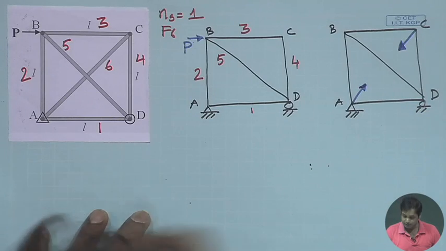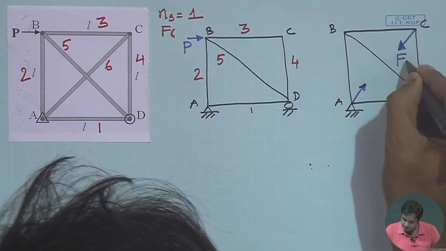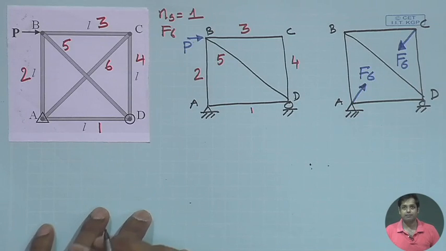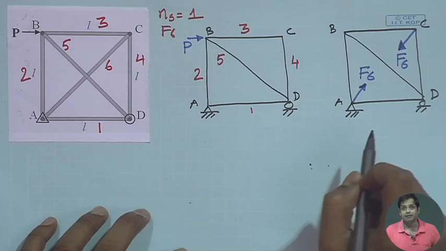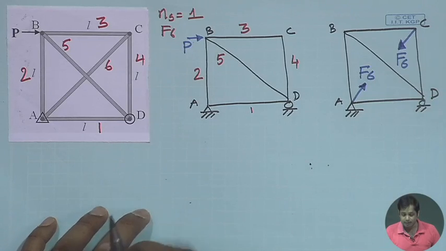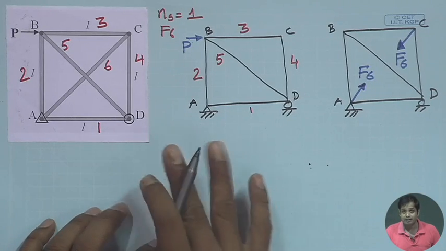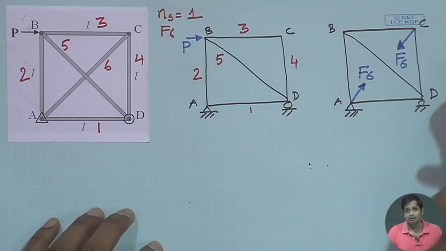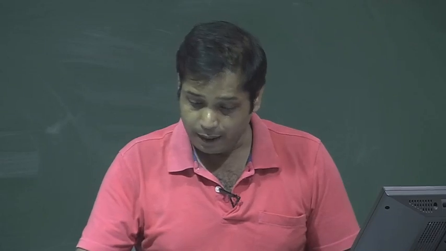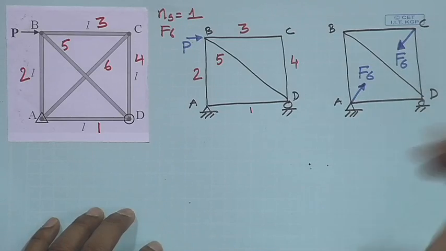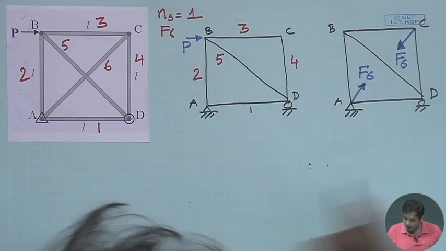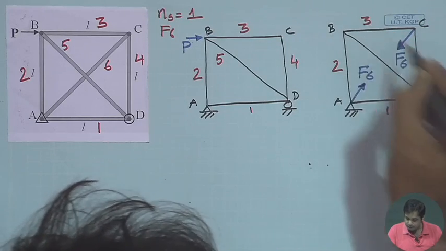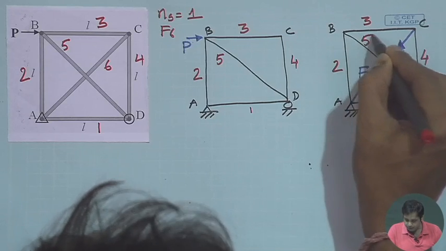Redundant force is this. This is F6. As per our sign convention, away from the joint is taken as tension, and tension is positive. So, if we get F6 as a negative value, it means that the member force in this member is compression. This is member number 1, member 2, 3, 4, 5, and then member 6